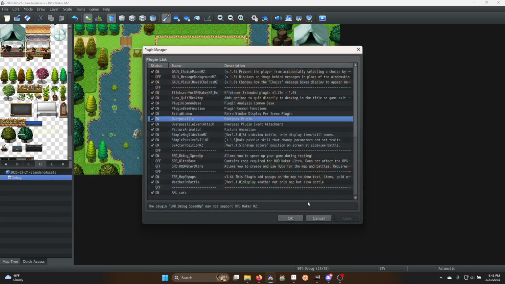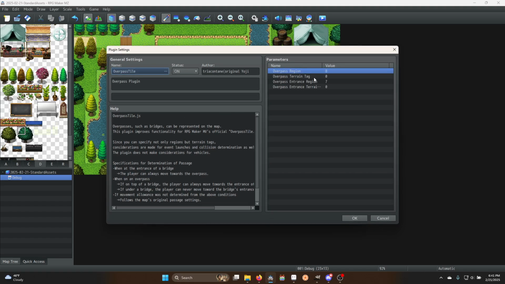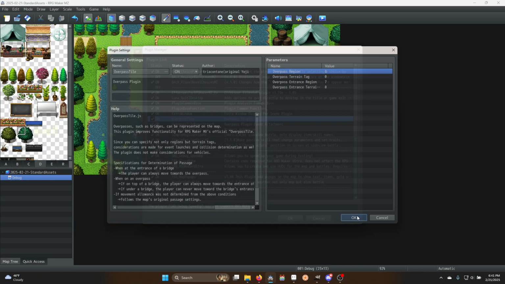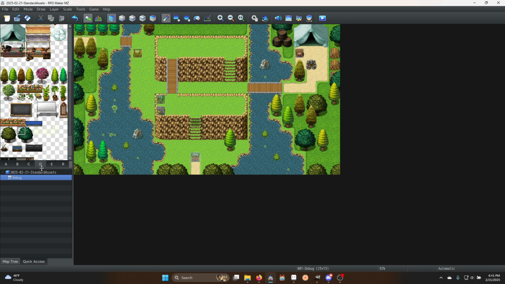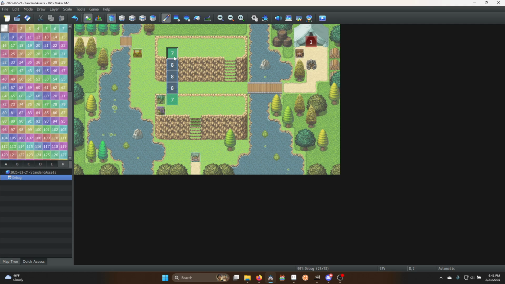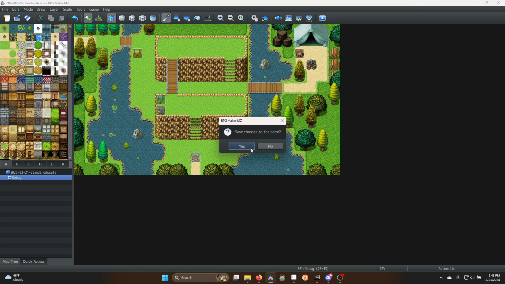Okay. So if we take a look at Overpass tile, you can set a region that you want to be the overpass and a region that you want to be the entrance region. That's what we're going to be using today. I have it set to 7 and 8. If we take a look at my regions, I have 7, 7, 8, 8, 8 on our bridge. Okay. And what that allows us to do,